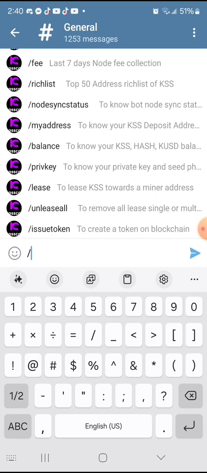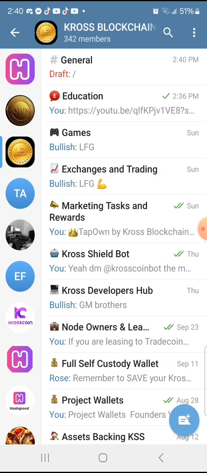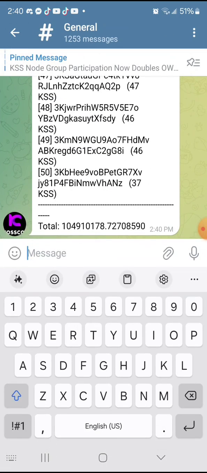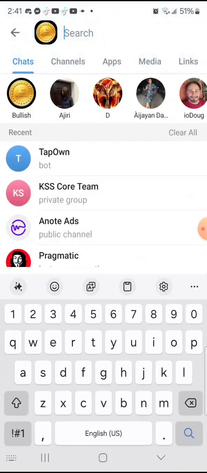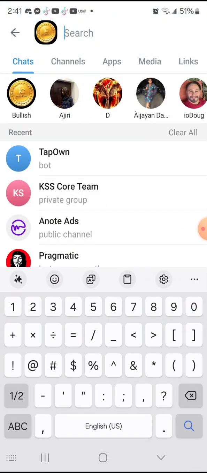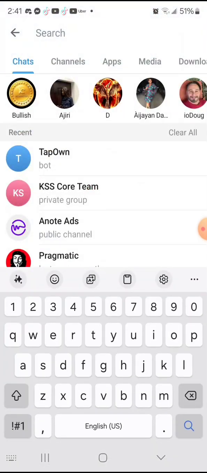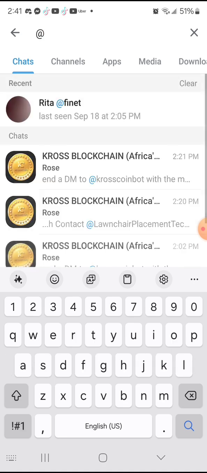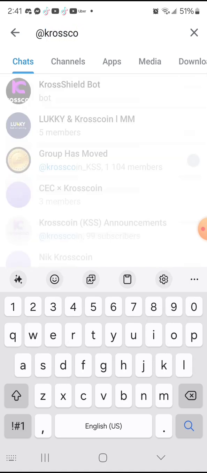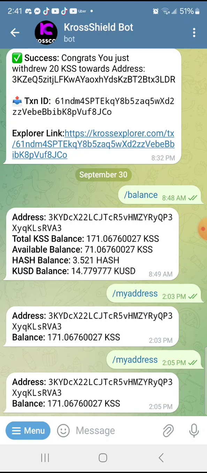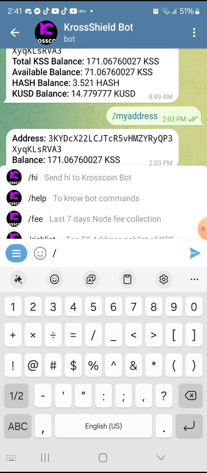Pretty much the other things below can only be done with the private chat. So let's go ahead and show you what you can do with the private chat. All you do is tap on this profile picture or just search at Crosscoin bot. Just do a global search at Crosscoin bot. Or you just right here, Cross Shield bot. So let me go ahead and